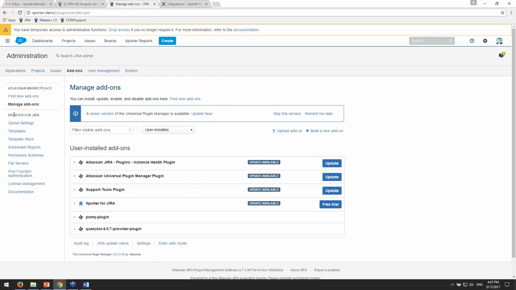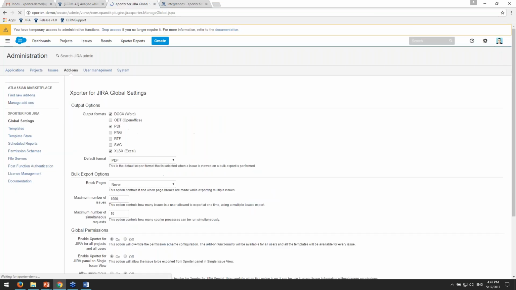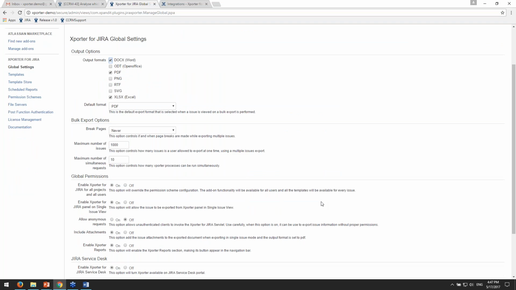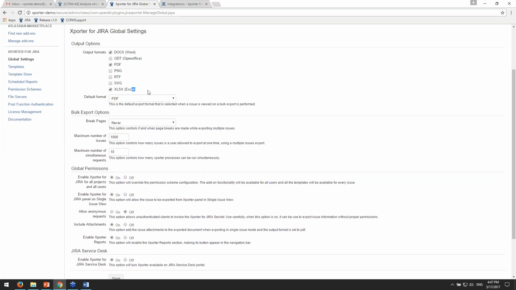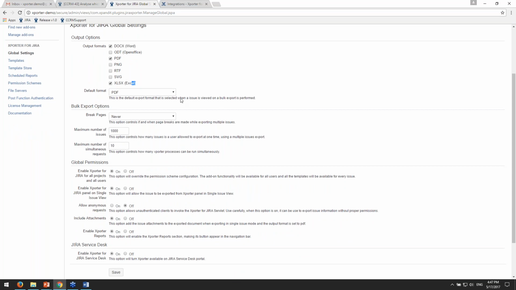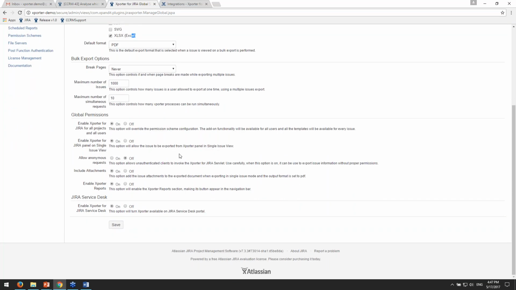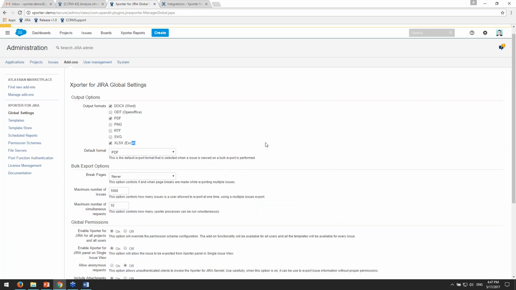Let me just give you an overview of the administration section of Xporter. Here in global settings, you can define how Xporter will behave. For example, output formats. We never saw the OpenOffice format. We only have Word, PDF and Excel formats enabled, so those were the only ones we always saw. It's a behavioral setting. We can enable, for example, if we want Xporter to be public, so anyone without a login on our Jira can export anything. That's not really recommended, but you can also configure that behavior in here,